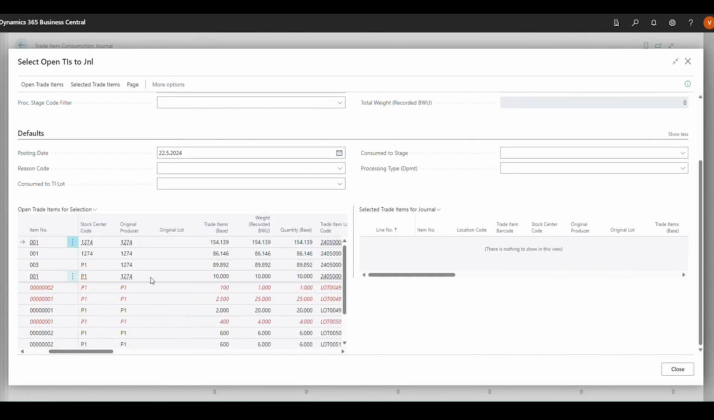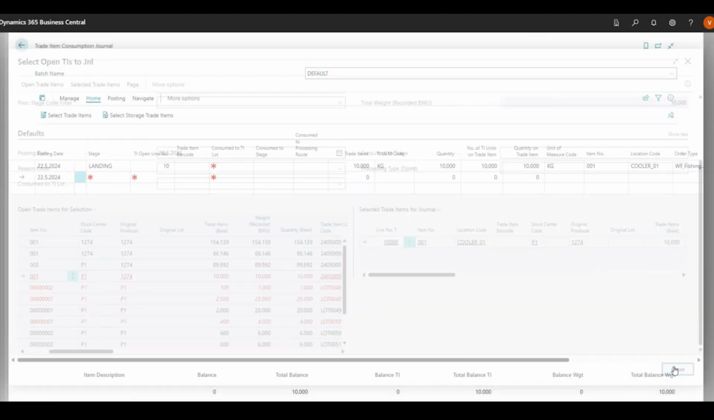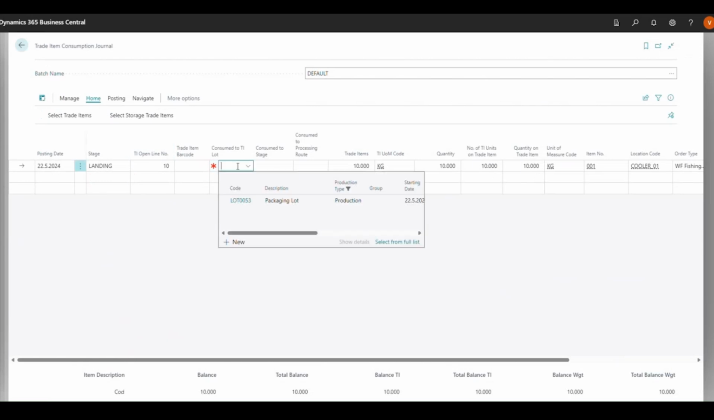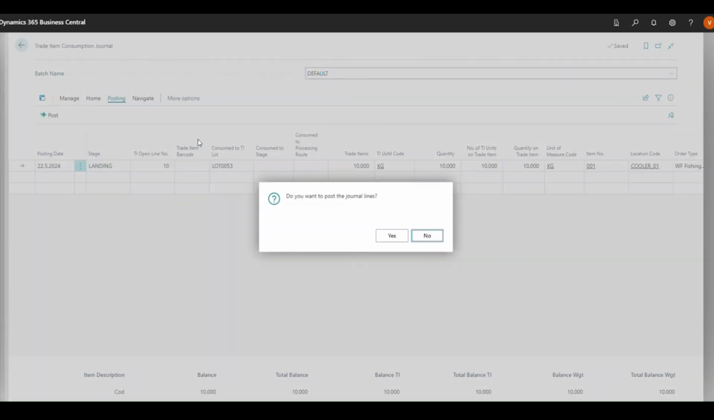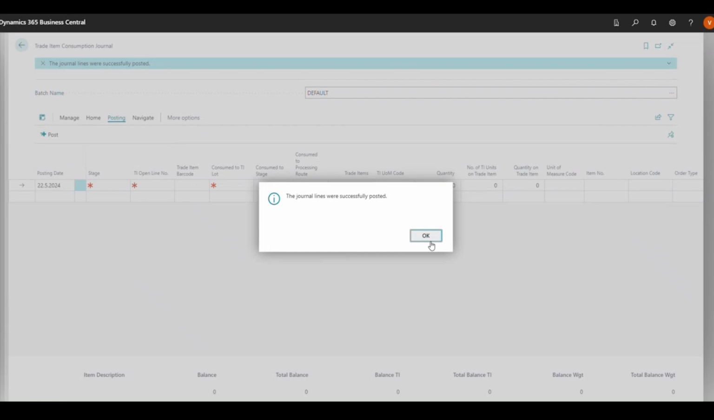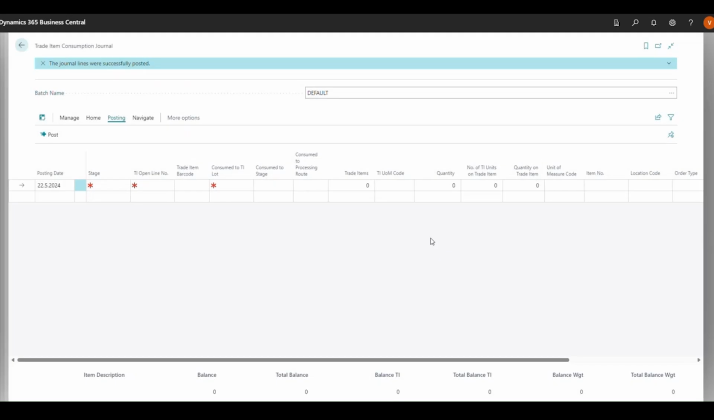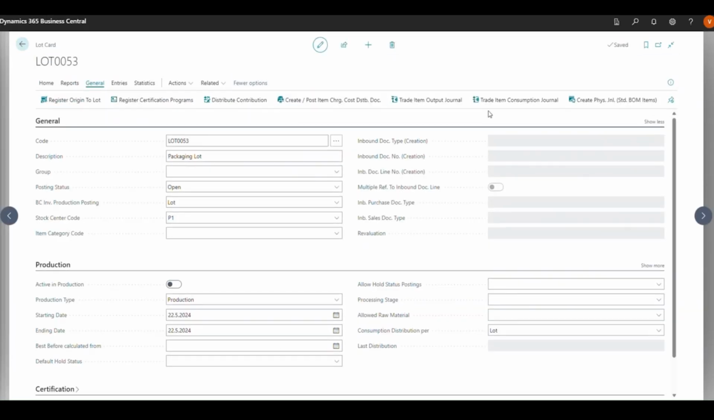I see my 10,000 kilograms of cod here. Go ahead and reserve this, and post. Then I can go to my output journal